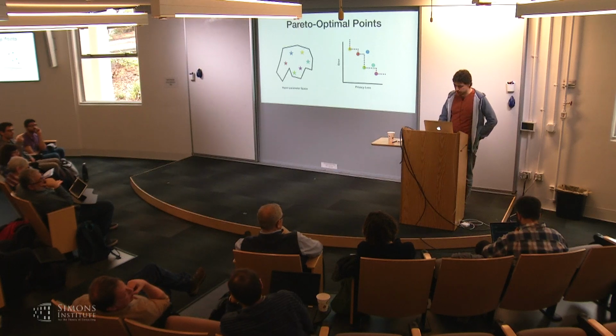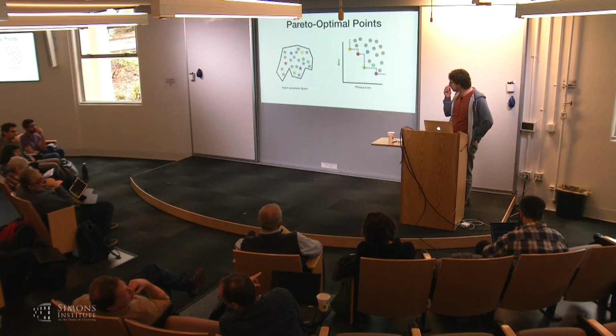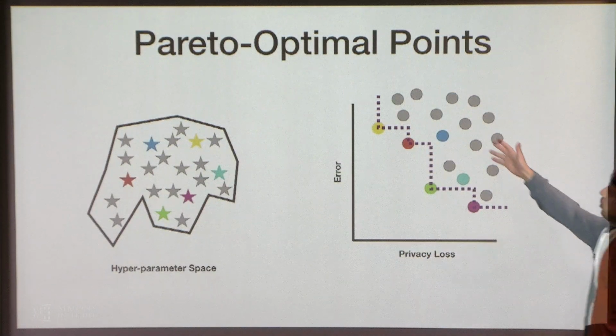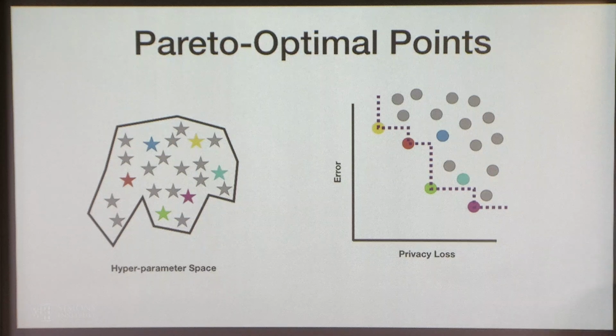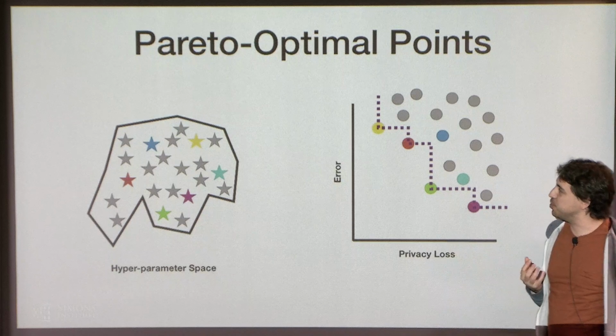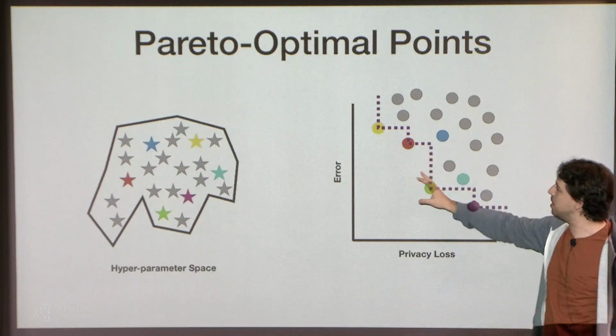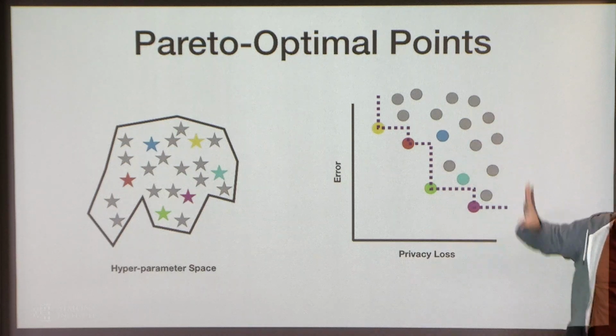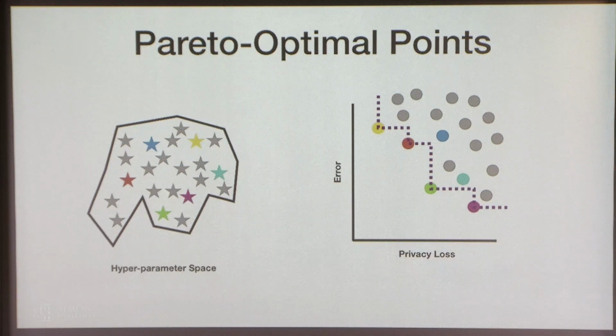So the point here is that this hyperparameter space is huge. So there's a lot of other settings that we could try that are not going to give us Pareto-optimal points. So in trying to determine this empirical Pareto frontier, what we would like is to somehow efficiently explore the hyperparameter space to find points that are close to the true Pareto front and ignore all the rest. So that's the right way to define the exercise. And when you find non-convexities in that Pareto frontier, it suggests that the exploration algorithm was insufficiently granular. That's what I'm trying to say.